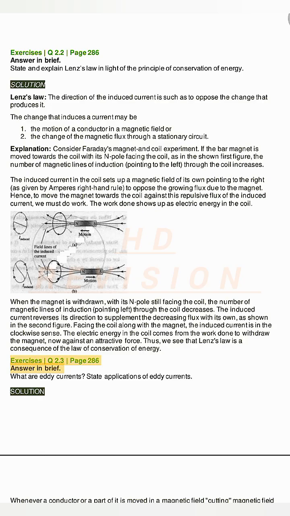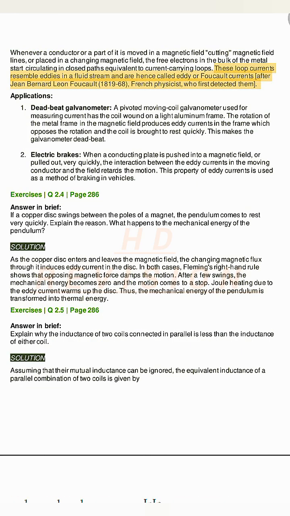Exercises Q2.3, page 286. Answer in brief. What are eddy currents? State applications of eddy currents. Solution: Whenever a conductor or a part of it is moved in a magnetic field, cutting magnetic field lines, or is placed in a changing magnetic field, the free electrons in the bulk of the metal start circulating in closed paths equivalent to current-carrying loops. These loop currents resemble eddies in a fluid stream and are hence called eddy or Foucault currents, after Jean-Bernard Léon Foucault, 1819–68, French physicist, who first